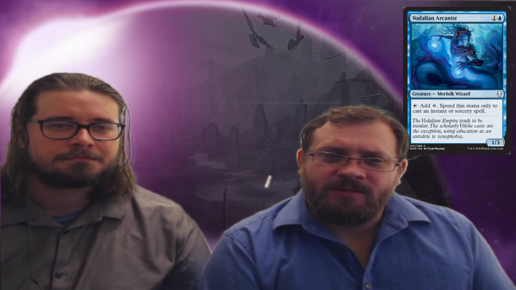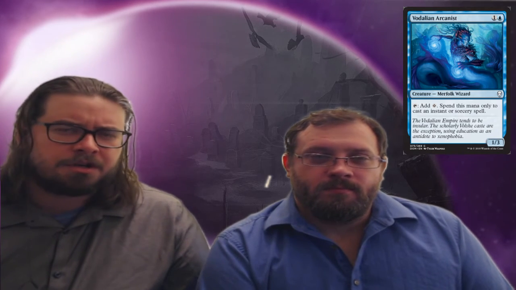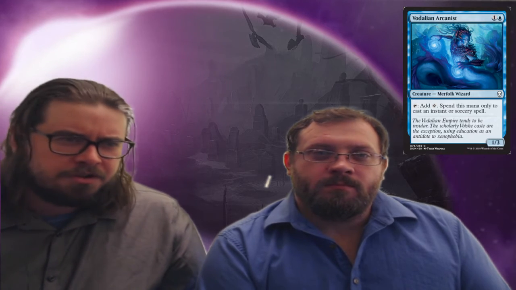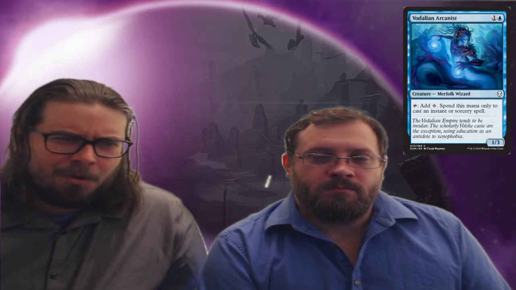All right, Darien Arcanist. It is 1 in the blue, Merfolk Wizard. Add a colorless mana to your mana pool. Spend this mana only to cast instants or sorcery spells. 1/3 creature. This is just a straight up pawn. When you know that you're drafting this deck, pick it up. I can't imagine that you're going to need to pick it up early, because if you're not in wizards, if you're not in the spells matter archetype, you don't want this card. No,